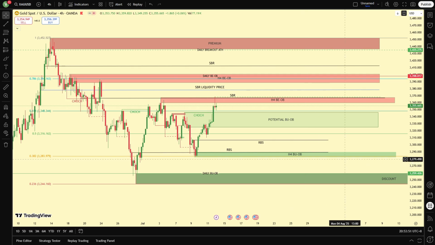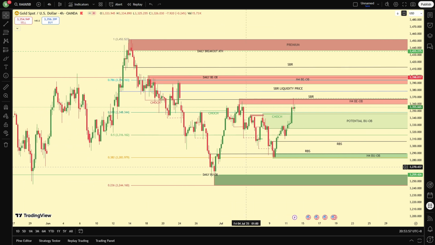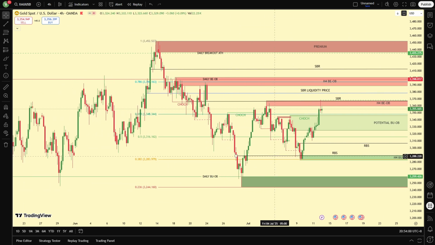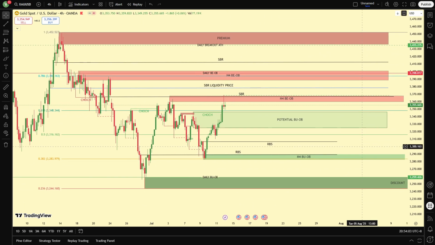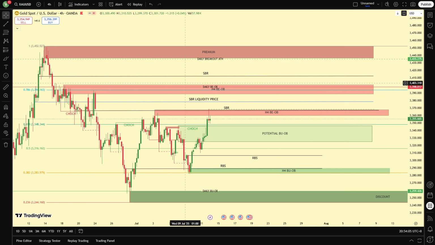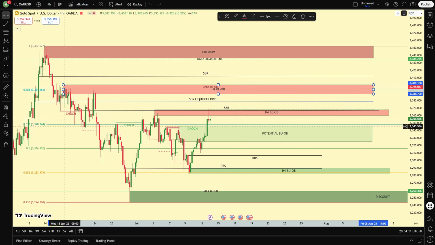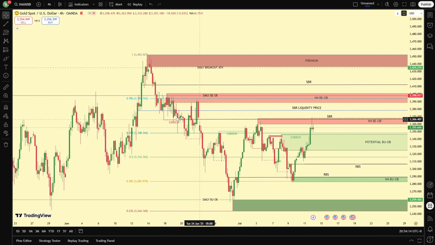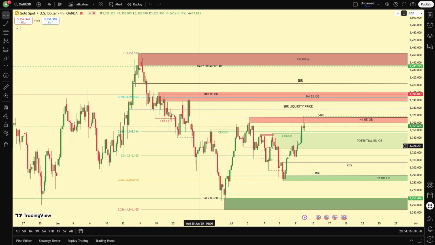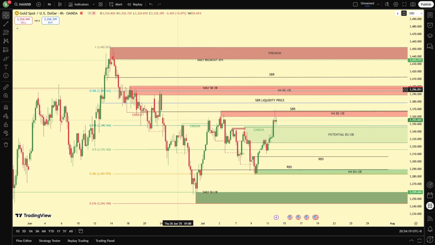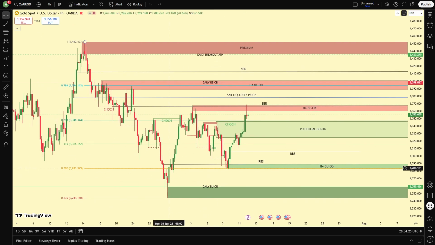All right, and we have one bullish order block down here, and it's aligned with our resistance becomes support level. So here we have the structure which supports our bullish order block, and we have four bearish order blocks. First is up here, which is from the change of character, the price entered this level and then started to drop, making the first bearish order block, and then the price goes back up into our discount price. From our discount price it goes up and makes another change of character, an internal change of character,